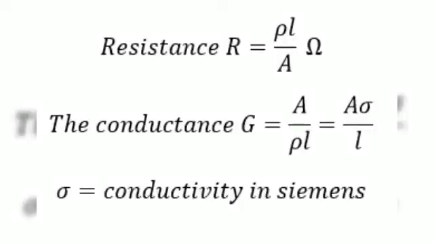What is the formula of this resistance? Okay, so R is equal to rho. This is rho, R-H-O, a small P-type symbol you are seeing. So R is equal to rho L upon A. L is the length of the conductor, A is the area of cross section, so rho L upon A.